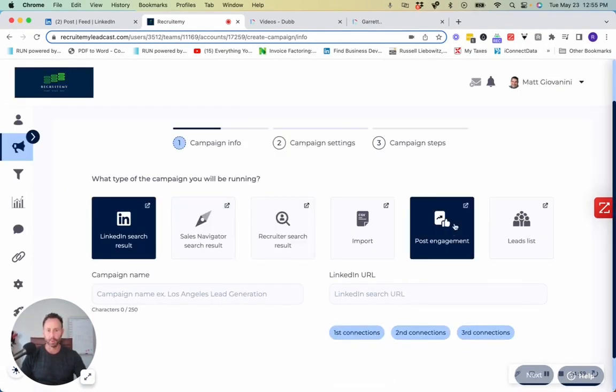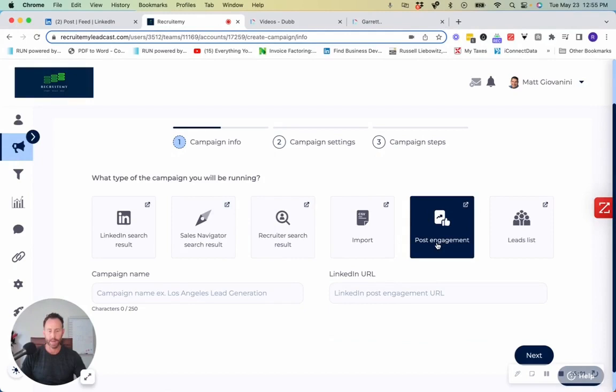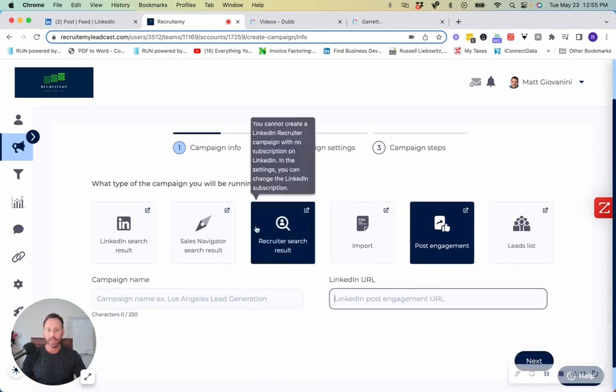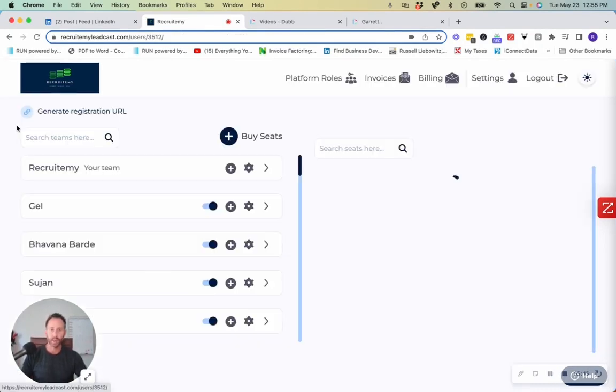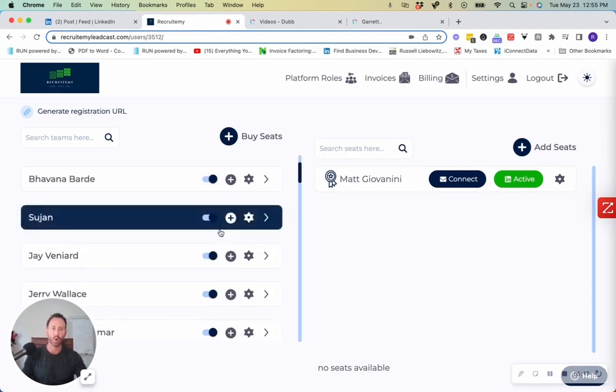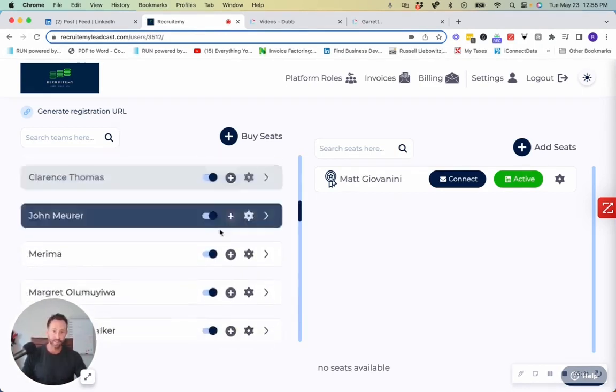But for this example, we're going to hit post engagement, right? And you go ahead and paste that link that we copied from the post that Dave Mayo did. We'll call it Dave Mayo keynote speaking post. Hit next. And when you do that, you'll have the opportunity to set up an artificial intelligence sequence of how you want to reach out to all 273 people.